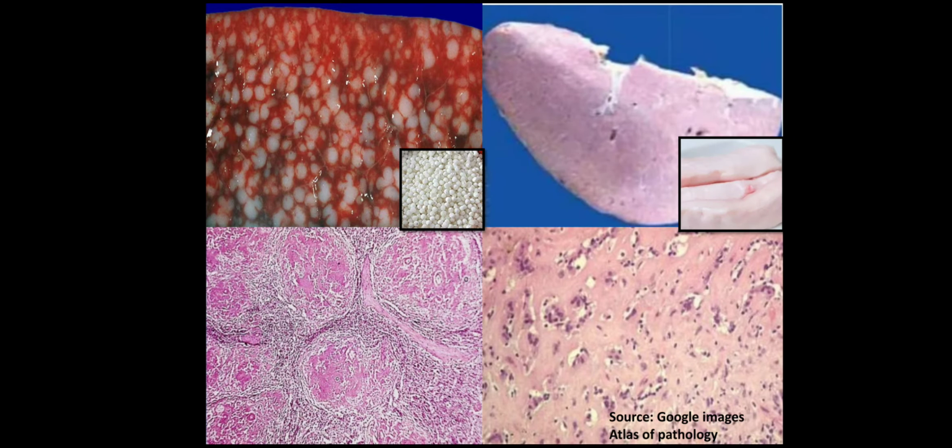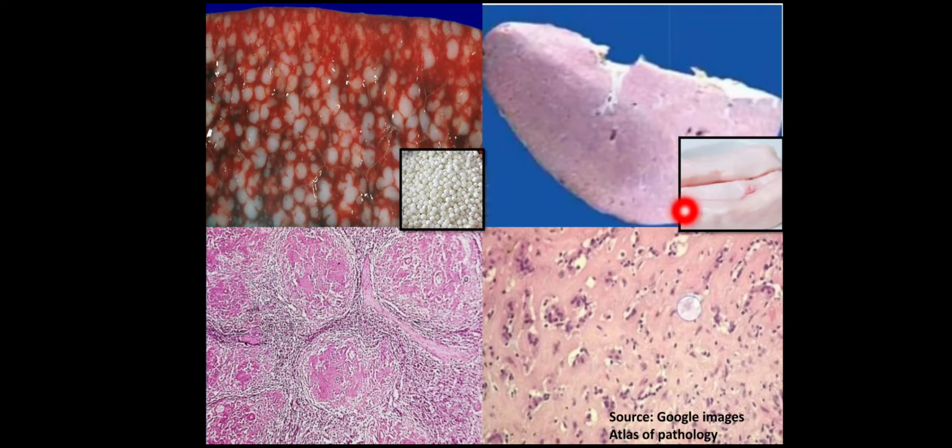So first is sago spleen. This has a sago-like appearance, the tapioca granules or sago, known as sabudana in Hindi. This is a spleen, and the cut surface shows a sago spleen-like appearance. These white granular areas are seen like white nodules. Now this is the microscopy for sago spleen: nodular deposits which are seen in the lymphoid follicles.